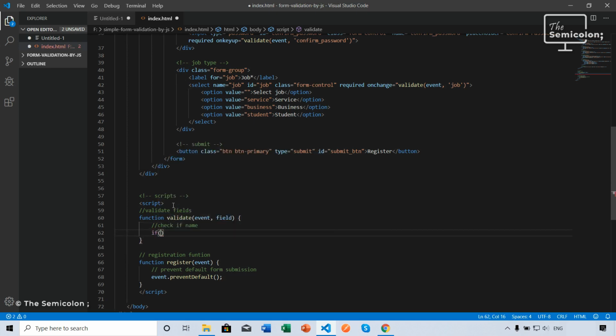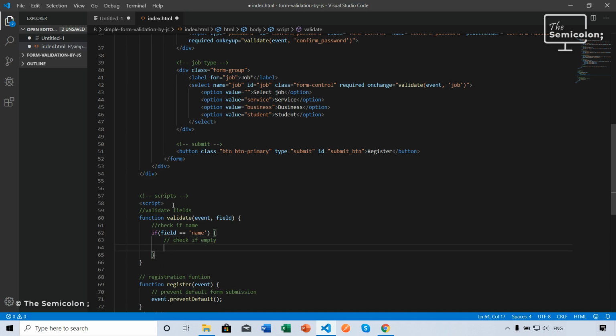Check if name. So if field equal to name, and here we'll be checking if the field is empty. So if event.target.value equal to blank,